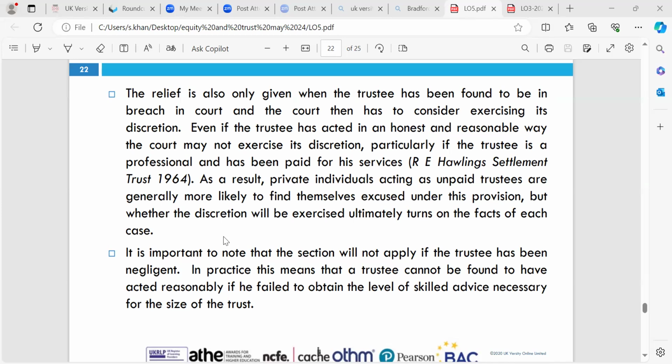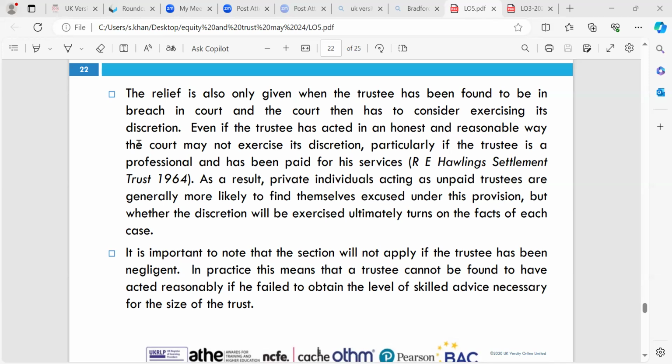So, it would be based on the circumstances of each case, because if it's someone who's been paid, like a solicitor in his professional circumstances, and he's acted dishonestly, then the courts may be quite hesitant to offer any sort of protection in that instance, because they'd be identifying any sort of issues around that. There may be issues in regards to any sort of property in good faith,